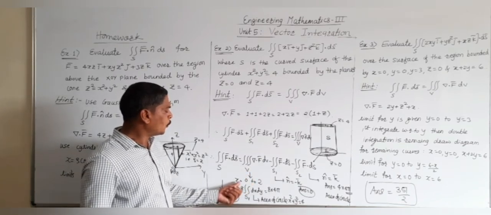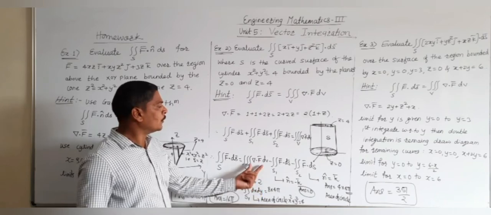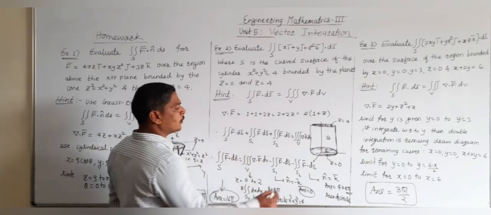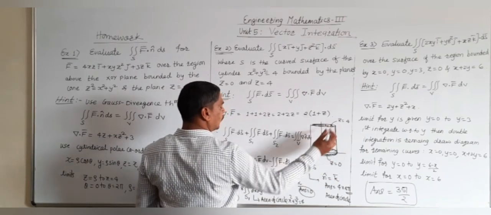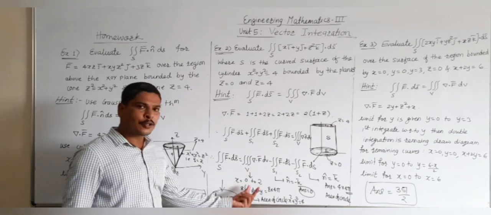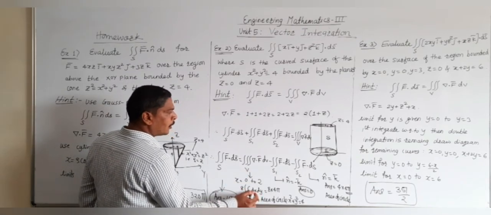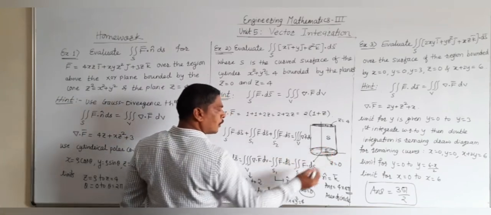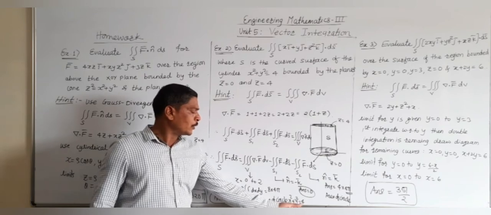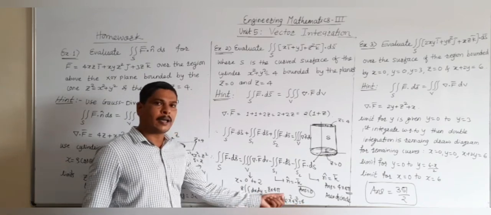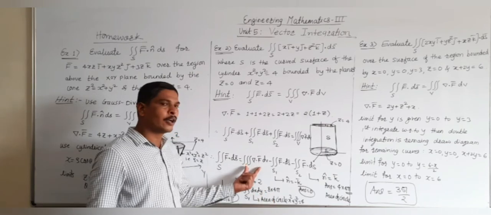So first of all, put z from 0 to 4 in this surface integral, because we know the limit for z varies from 0 to 4, and then the double integration is remaining. In this double integration we get the double integral of dx dy, which is the area of the circle, and we know the area of a circle with radius 2 becomes pi r square, meaning 4 pi, and this constant remains as it is. In that way we get the volume integral.